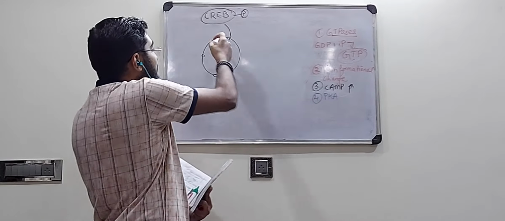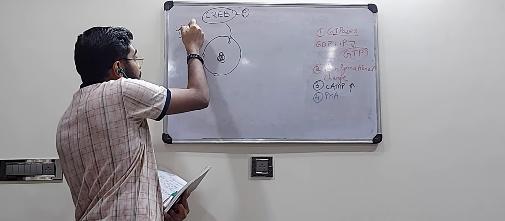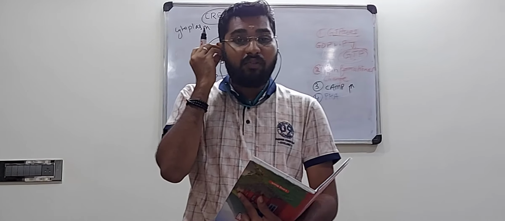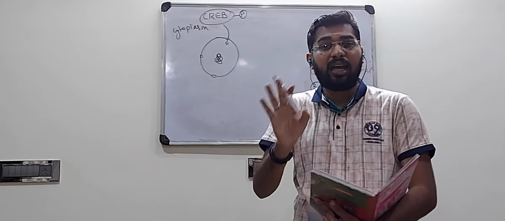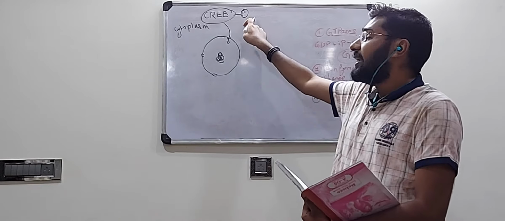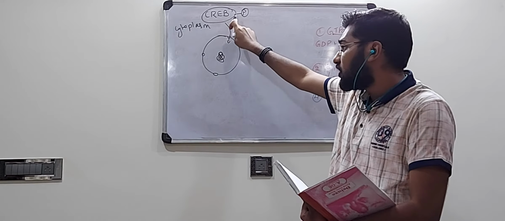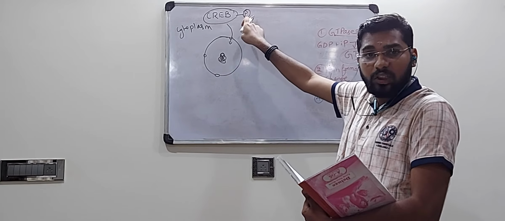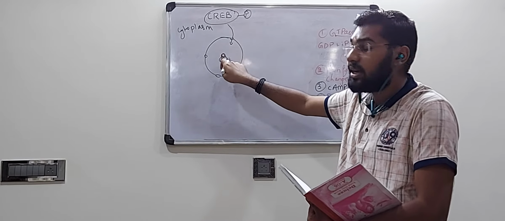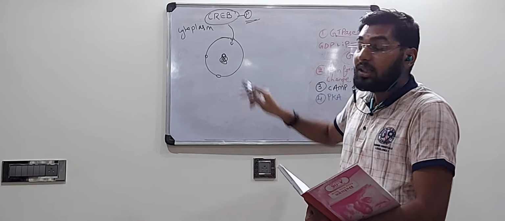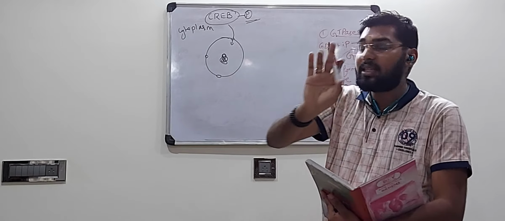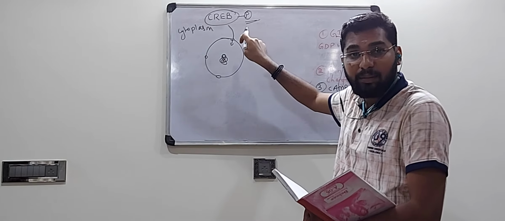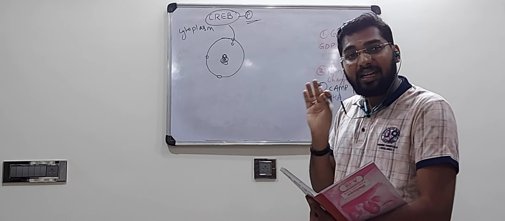Now the CREB that was there in the cytoplasm, without phosphorylation, cannot enter into the nucleus. Phosphorylation is like an identity card. Only if it shows this phosphorylation, the nuclear pore will allow it inside. Without the phosphate group, it will not be allowed inside. So this acts like an ID card. After it gets phosphorylated, it will show its ID card and enter into the nucleus through the nuclear pore, through the nuclear membrane. It enters to the DNA.